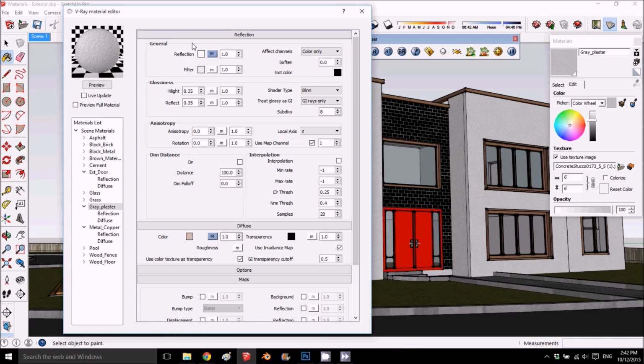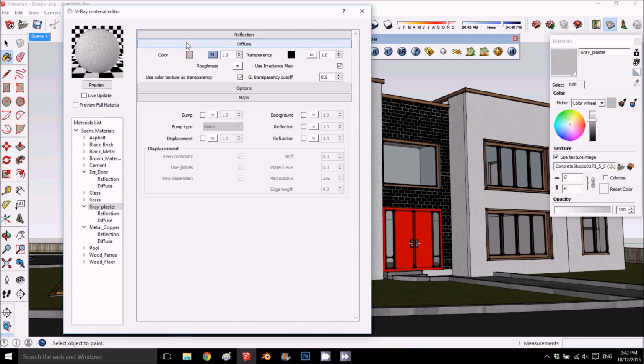Okay, now what I want to show about the stucco is the bump. So down here under reflection, diffuse, there is a map option. What that means is to put a map on top of each other, and then get some bump, for example, or displacement,